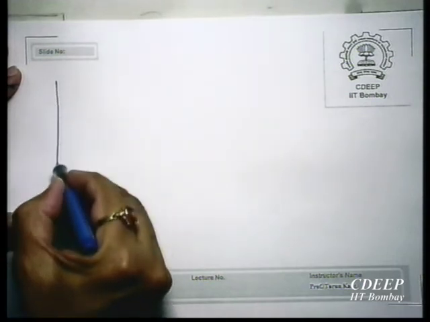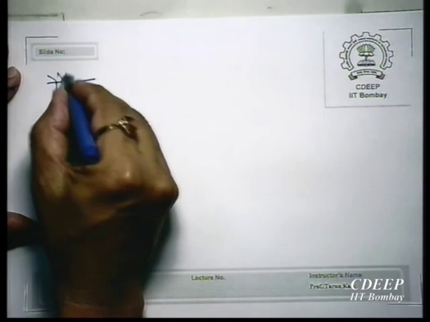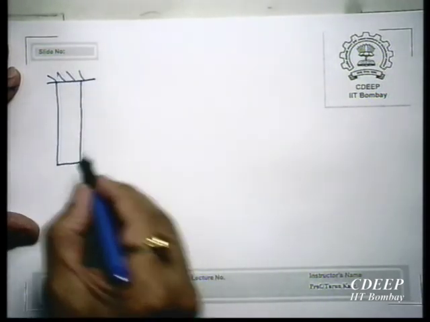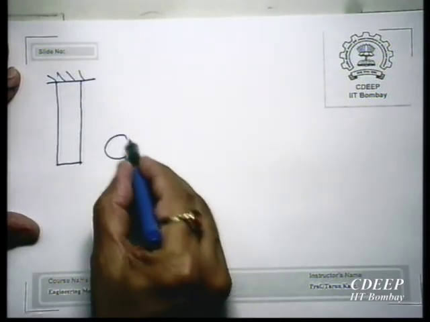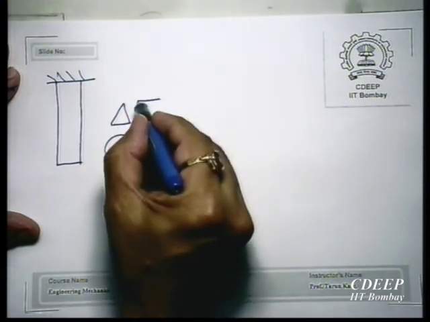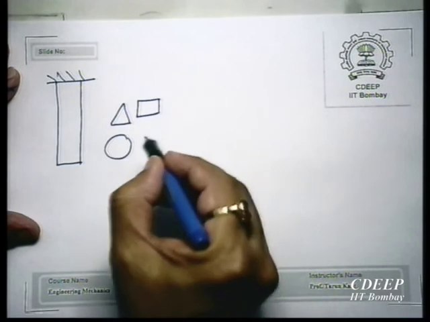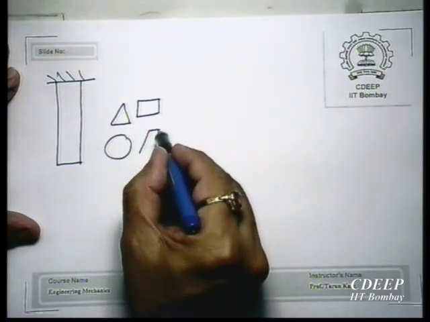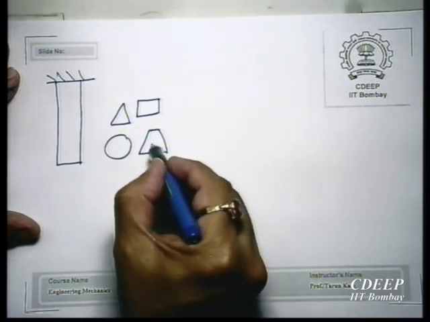So you have a rod, let us say a rod which is hanging. Now it so happens that it does not matter whether the cross section is square, triangular, trapezoidal, as long as